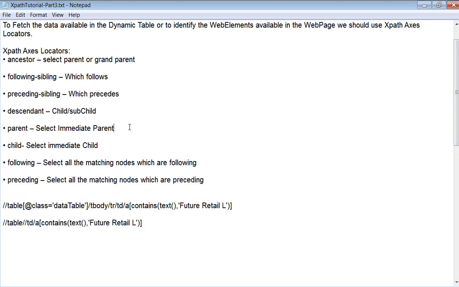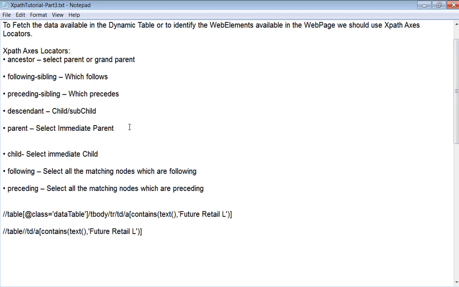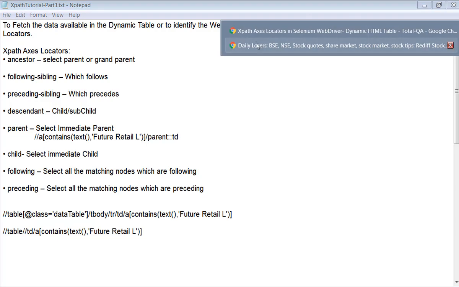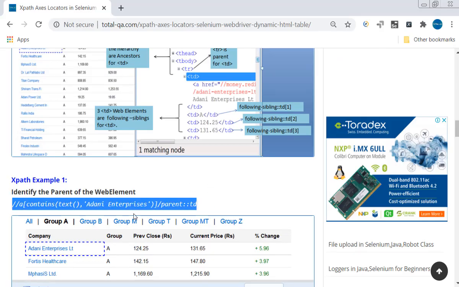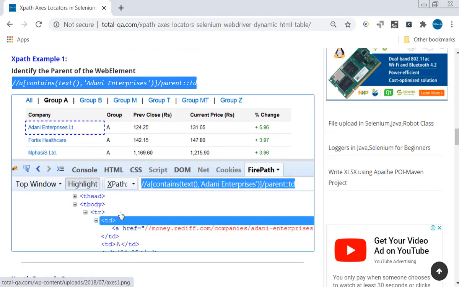This is an example for parent. Okay, and there is one more example also I have given in the website. You can even refer to this. Same thing I have provided. Example 1 completed. Then let's get into example 2.